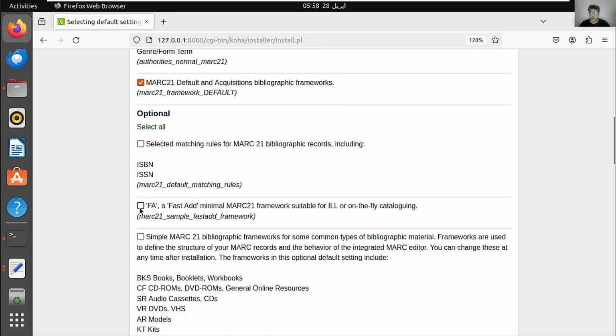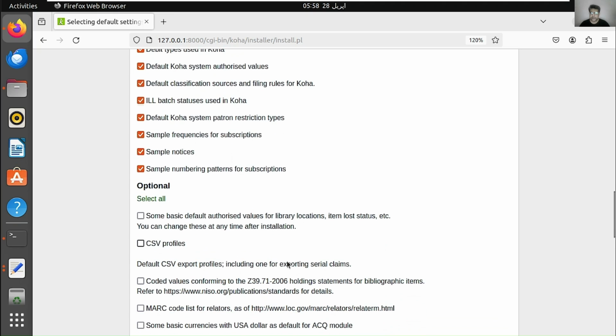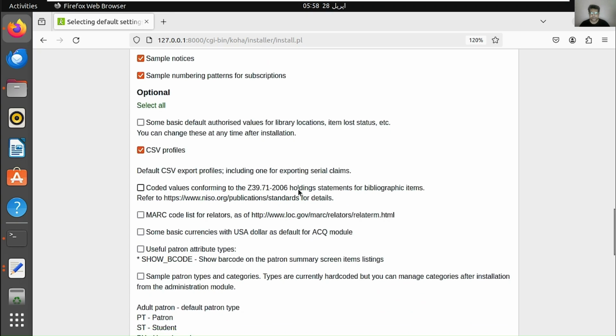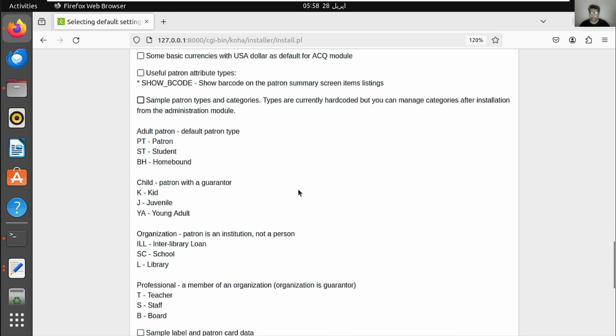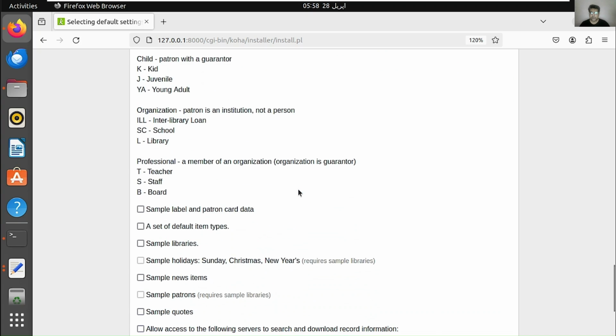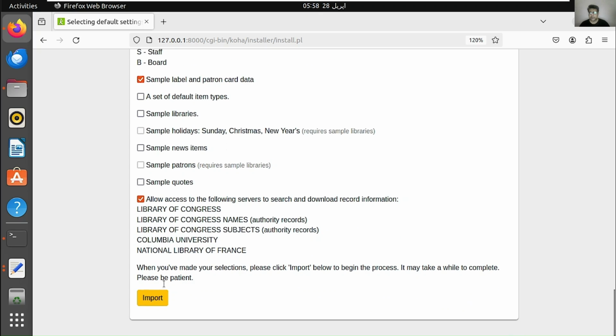I can select this fast add framework and CSV profiles. That's it.